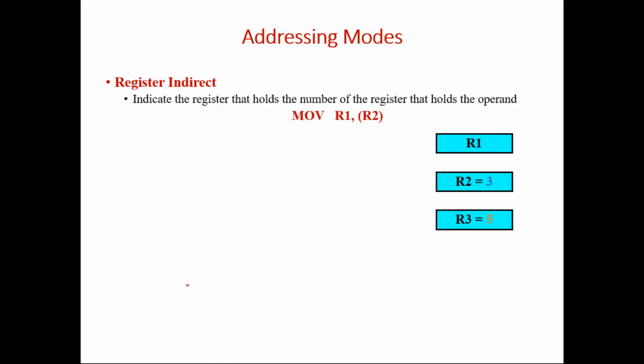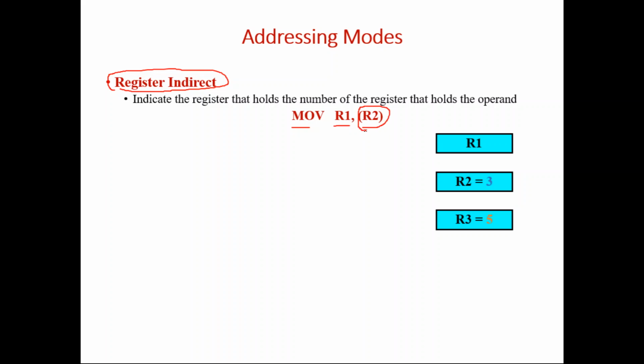Fine. So next, what we will be discussing is indirect addressing mode. This is also called register indirect addressing mode. When you say register indirect addressing mode, I will explain this with an example rather than defining it. Let us take this example. Move R1 comma, we are not giving R2 directly. Rather, we are placing this R2 within a bracket.